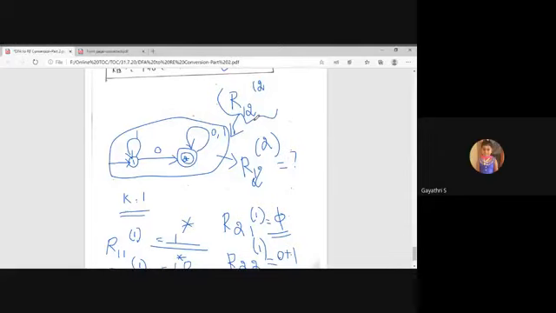For the next class, I will start the state elimination method. One more method, the state elimination method. And one more point: your Rij method is typically only for DFA to regular expression, deterministic finite automata to regular expression, which is applicable for this case only. Okay, thank you so much.